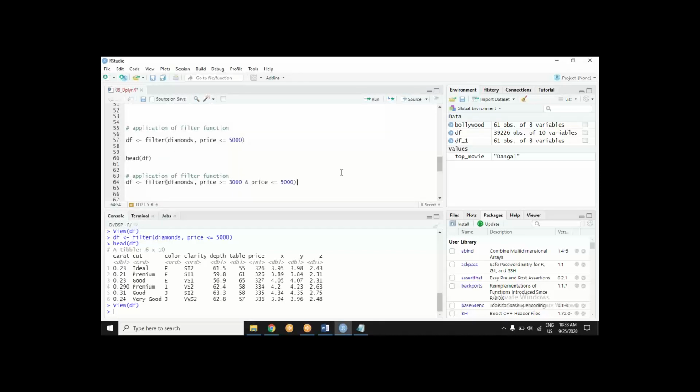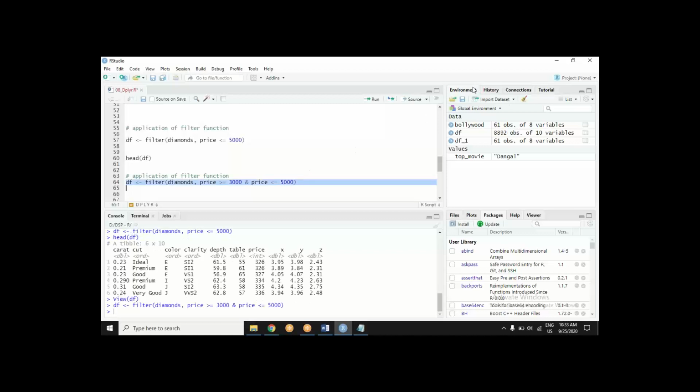Here it is. I have copied from one of you. So it is an AND condition in subsetting. Filter the dataset diamonds. On what condition? I have two conditions and it is an AND case. Condition one is the price should be at least 3,000, and the price should be at most 5,000. So now I am certain that I am looking at a price in one particular category. If I run this, how many diamonds are such? Such diamonds are 8892.